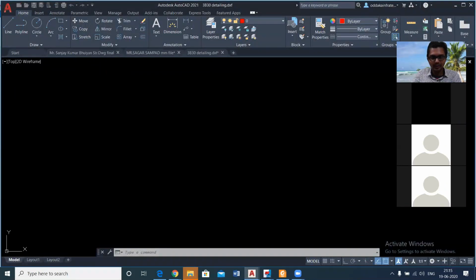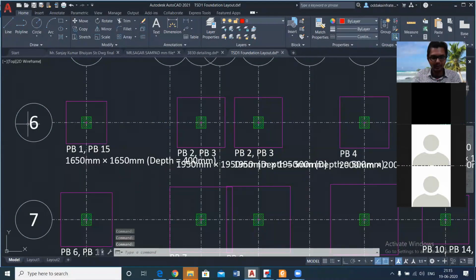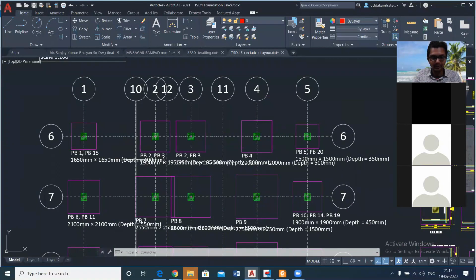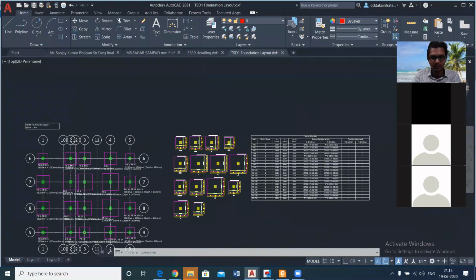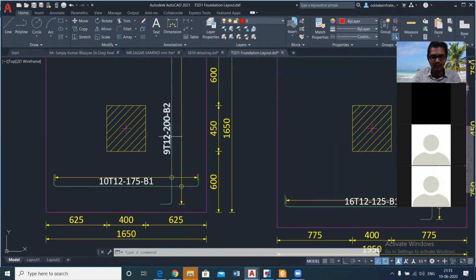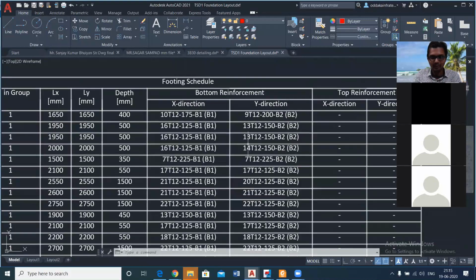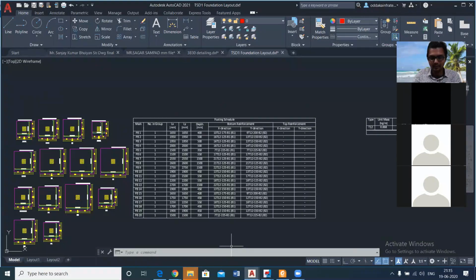As you can see in the CAD file, it will open the foundation layout, as you can see here. So we have the different sizes of this foundation. As you can see, the sizes are given and the depth is also given. And here, suppose you have the sections, that is the 10 mm reinforcement will be given at a spacing of 175 along the YY, and the 12 mm reinforcement will be given at a spacing of 200 in the XX direction. So both the directions as well as the details are given, and here you can also find the quantity as well.